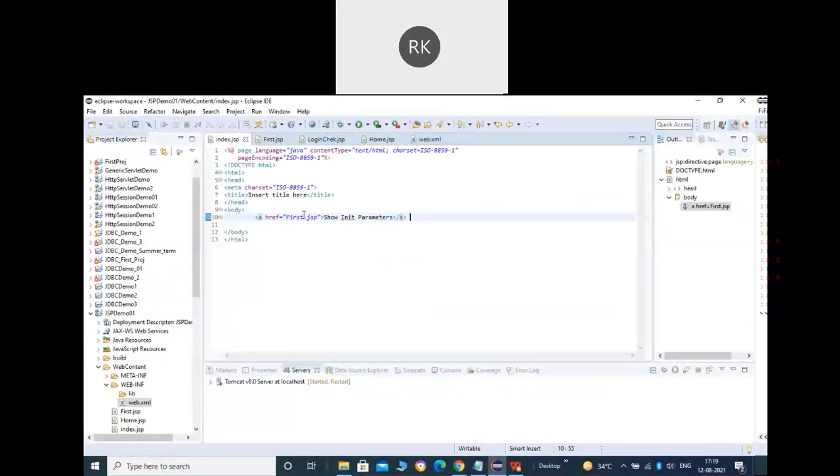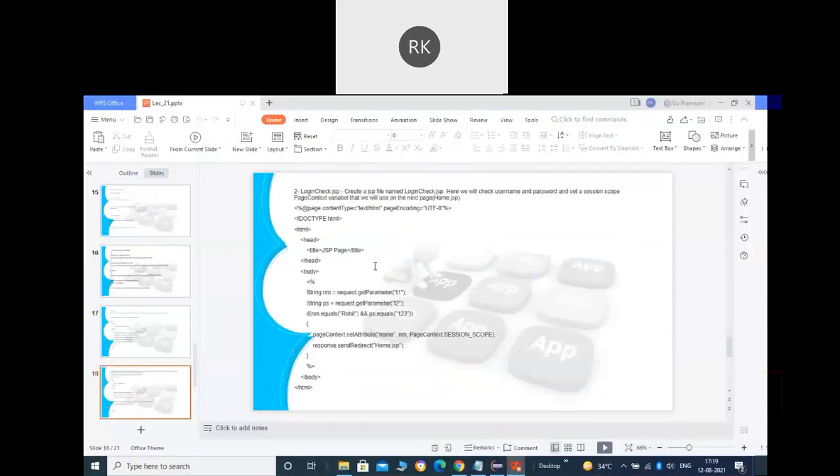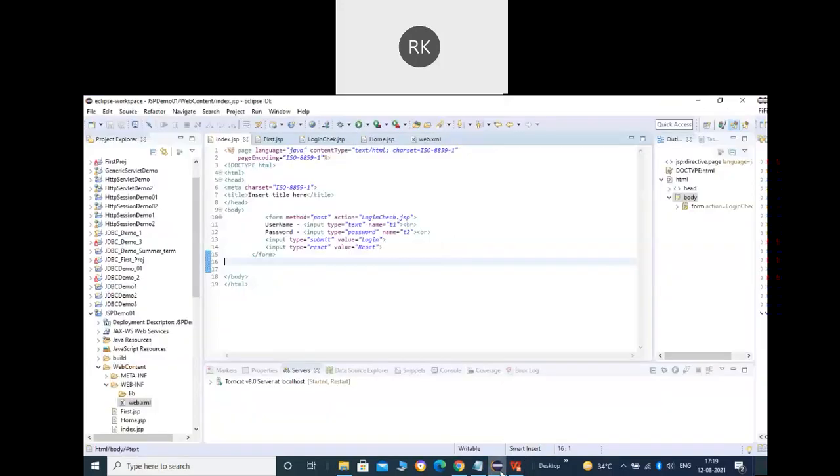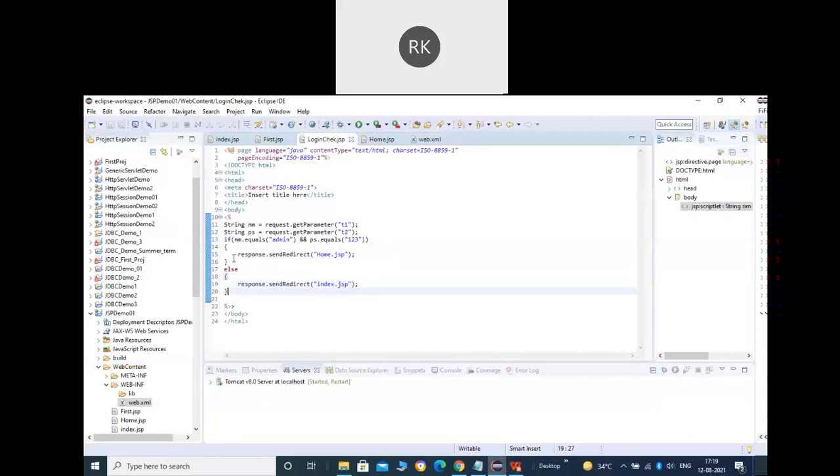Okay, so here we have an example of it. This is going to be an important example, so just see it carefully. First of all, in the index.html, we have a simple form where we are asking about username and password in the text fields T1 and T2. Let me overwrite the code of the index.html.